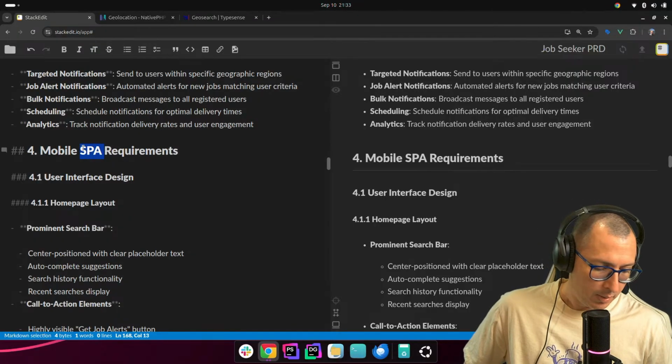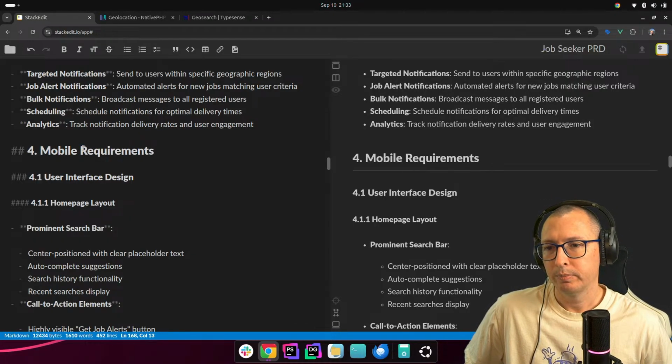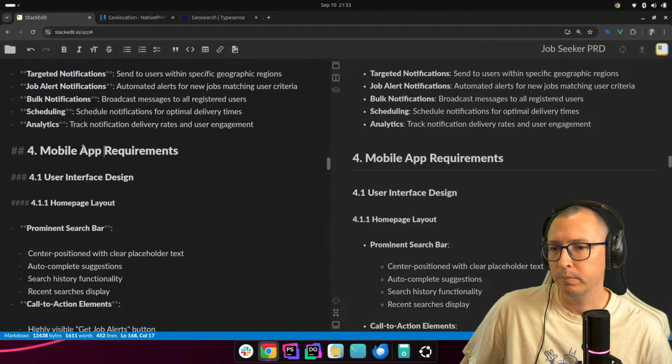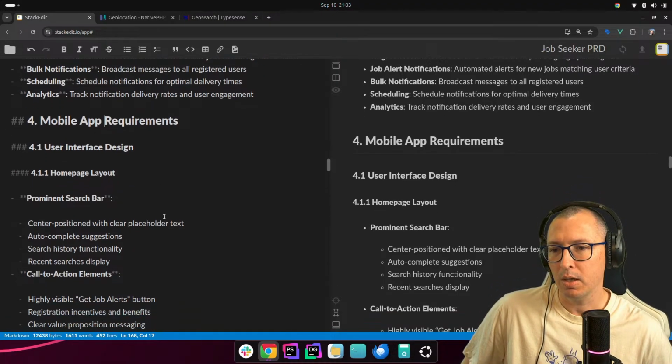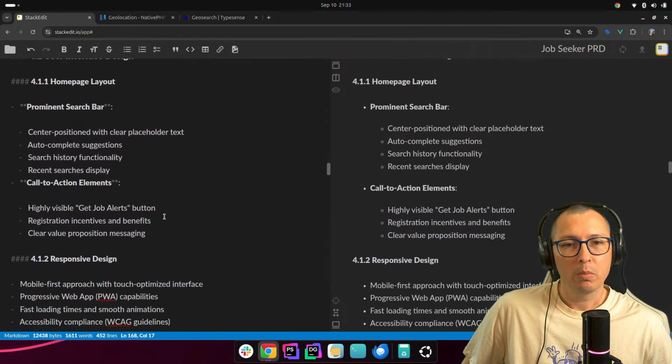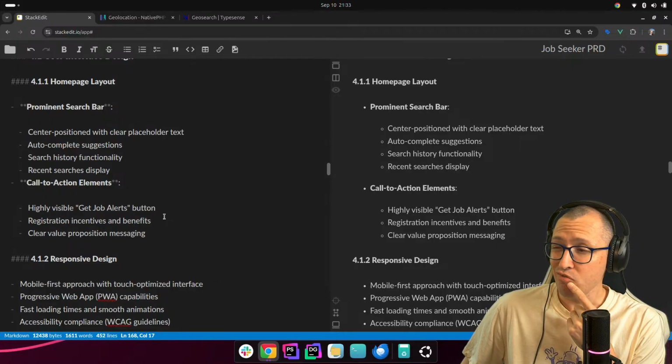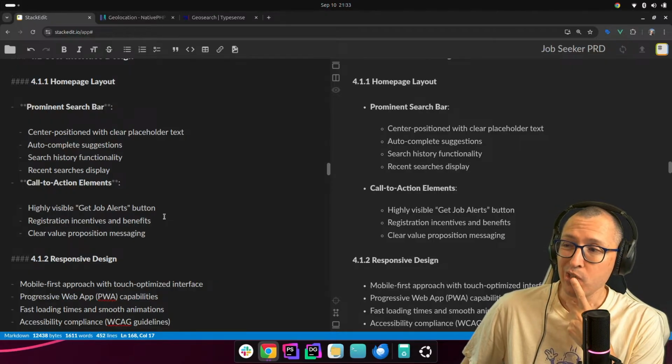Remove the SPA. This is a native mobile app. Requirements, user interface design. Homepage layout, a prominent search bar center position with clear placeholder text, autocomplete suggestions. Based on what?